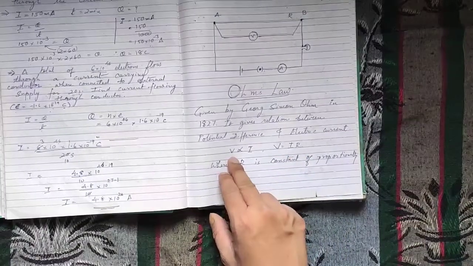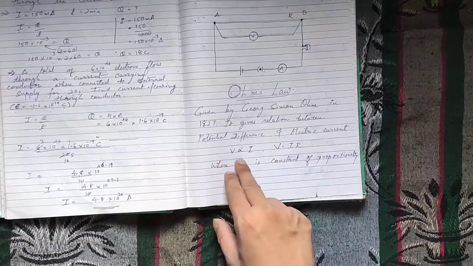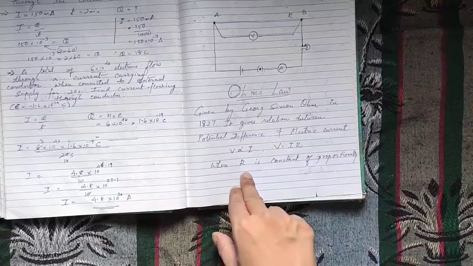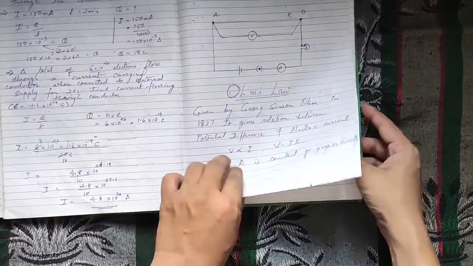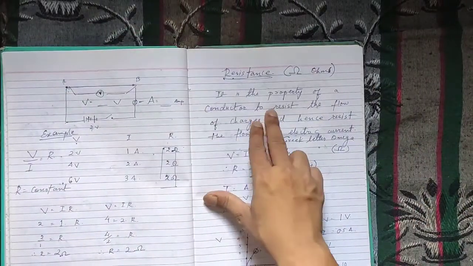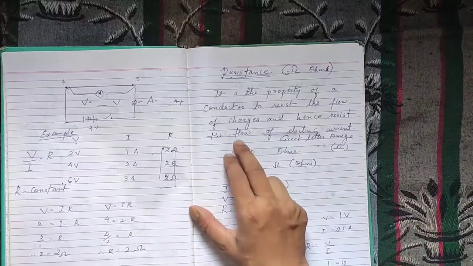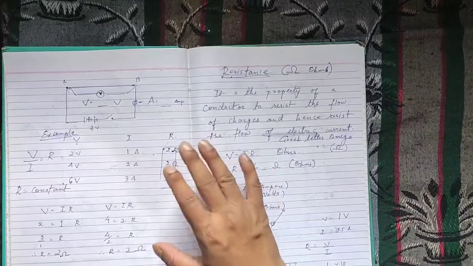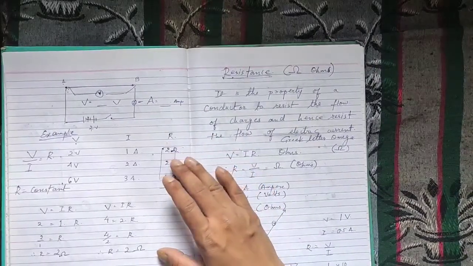As we know, whenever we remove the proportionality sign, there is always a constant balancing the equation. In this case, it is R, which is the symbol for resistance. Now, R is a constant of proportionality, obviously, but what is this resistance? So, resistance is basically a property of the conductor to resist the flow of charges, and hence it resists the flow of electric current. So, even though it is a good conductor, it still has a certain resistance. It doesn't want the electrons to flow.